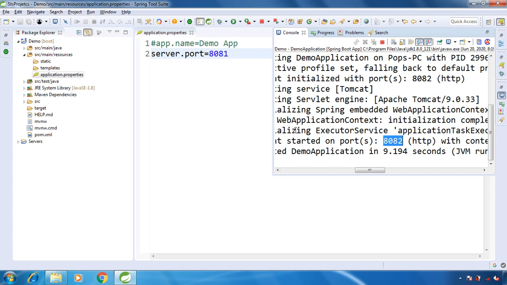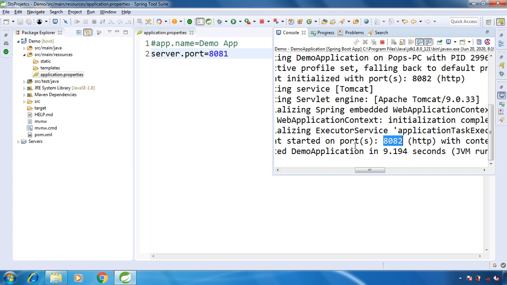Actually, you don't need to provide the port value in both places. I have done this just to show you which has higher preference. Here we have the value 8081 for the port in our application.properties file, but while running our application, in the VM argument we provided the port value 8082. So the bottom line is that whatever value you provide using a VM argument while running your Spring Boot application has higher preference than your application.properties file.